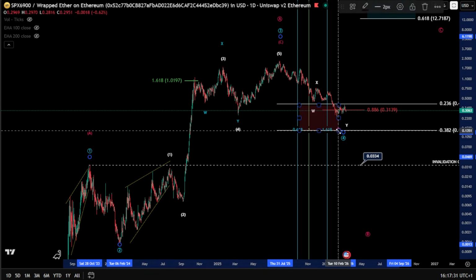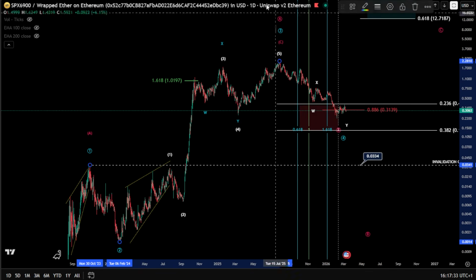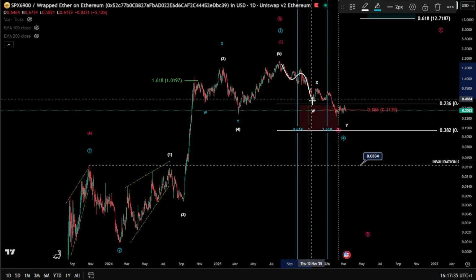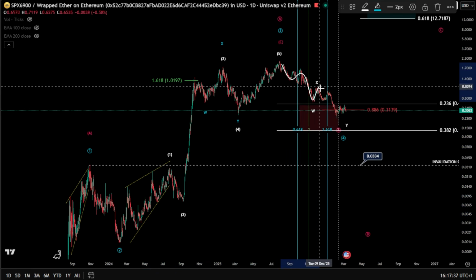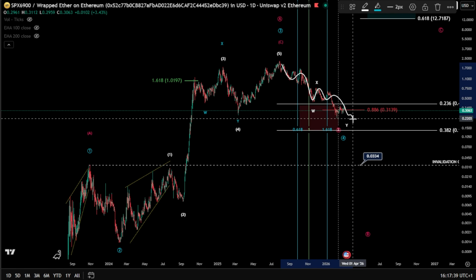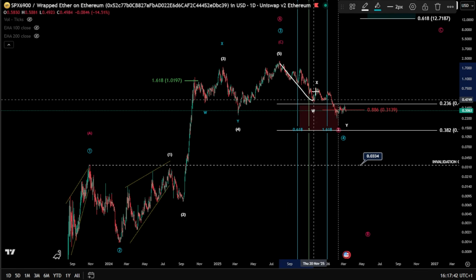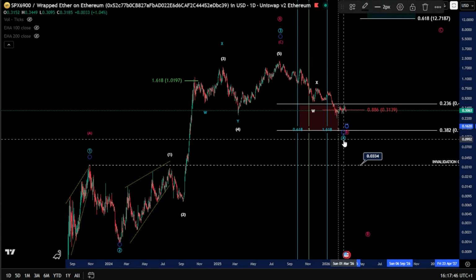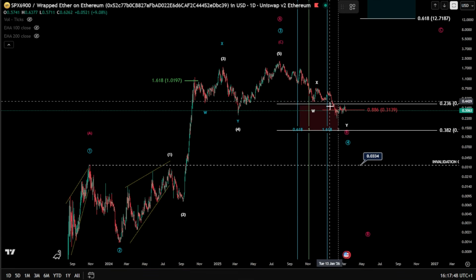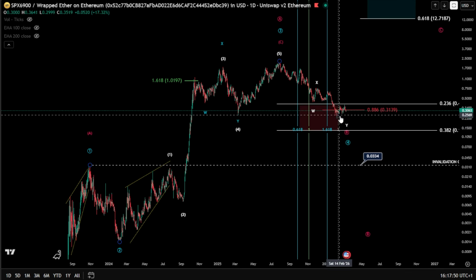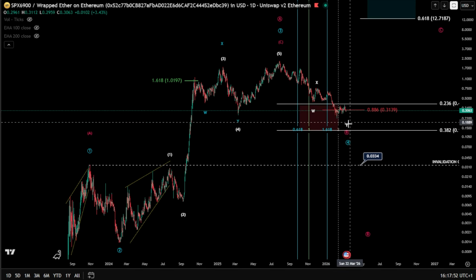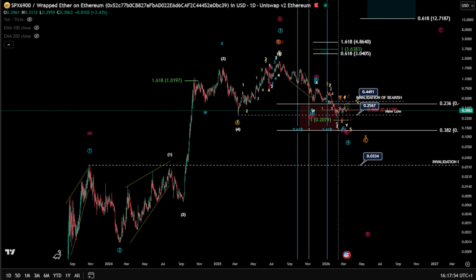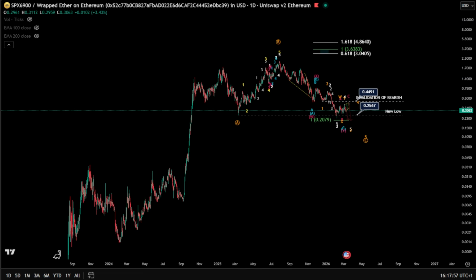Plus the time as well, if you want to create a balance within this correction. As you can see, you would like to see, of course, a little bit longer time here to create a little bit of balance within this structure. So very likely that one more low can be there, and in case that we have bottomed, also it is a possibility. So we're gonna dive inside it to see what do we have, of course, on the micro level